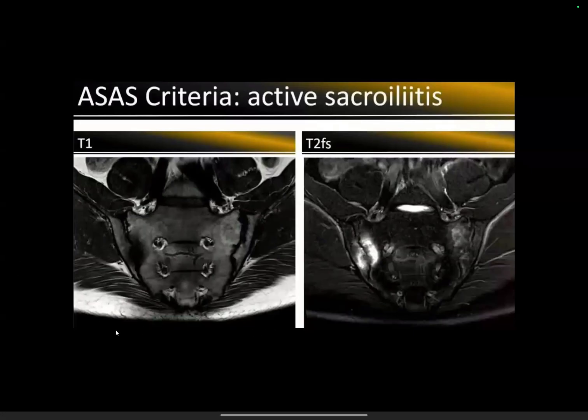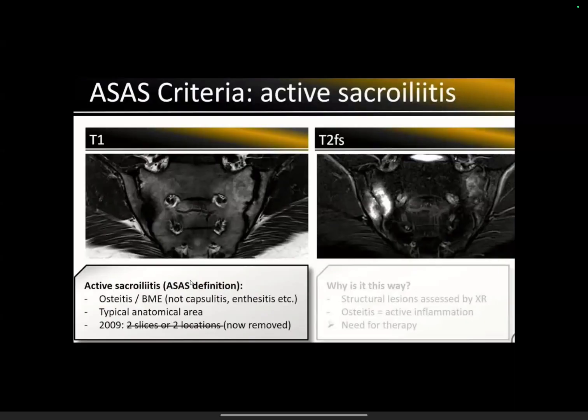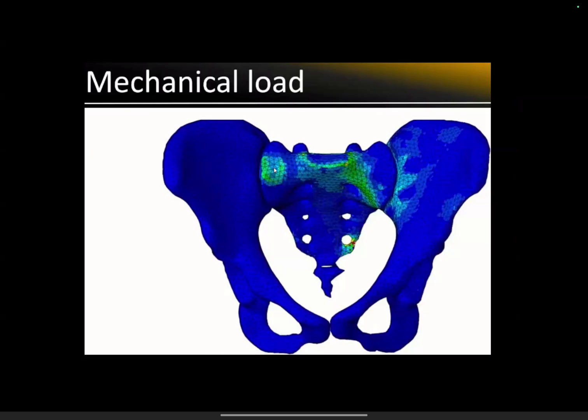This was the old definition and it's now removed. Active sacroiliitis according to ASAS is if there is osteitis or bone marrow edema in a typical anatomical location. So structural lesions are assessed on X-ray; osteitis consists of active inflammation, and if osteitis is present, it also responds better to treatment. This is just a 3D picture showing the distribution of mechanical load along the